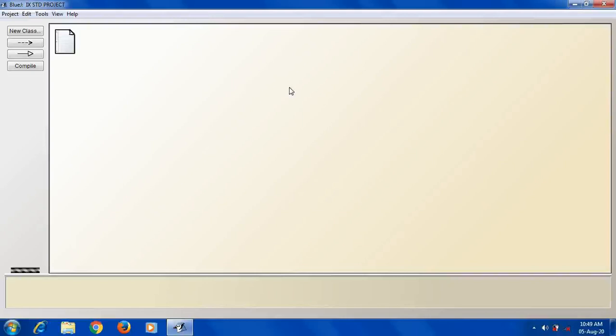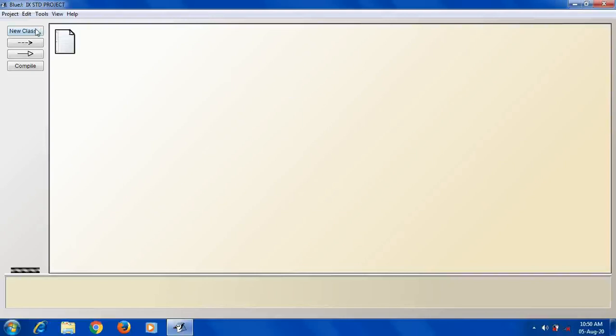So let us now create a class containing only a member method which will display a welcome message on the screen. In that class we are going to display one simple message, that is, hello world. As per your textbook, they have defined one method. Understood? So let us create that.